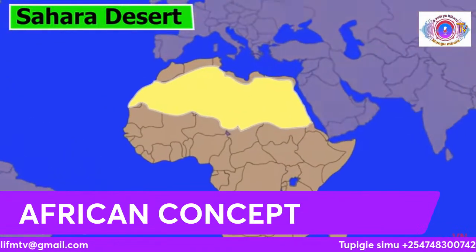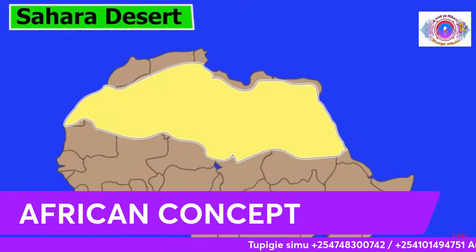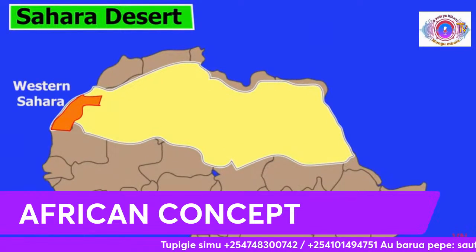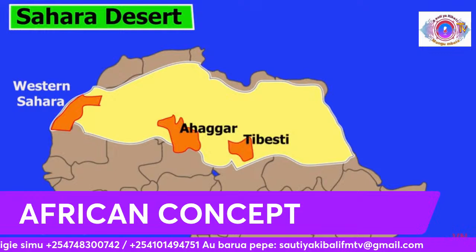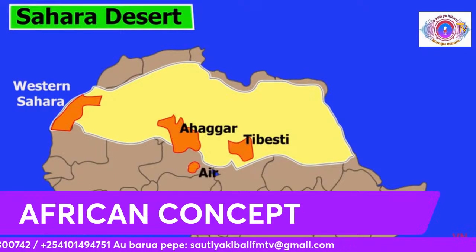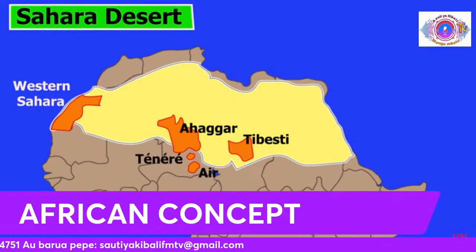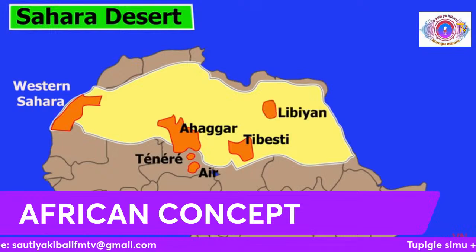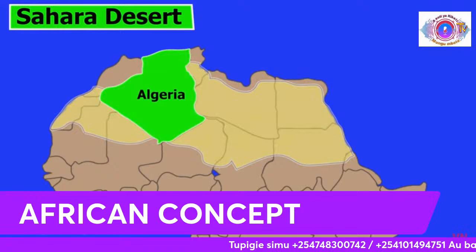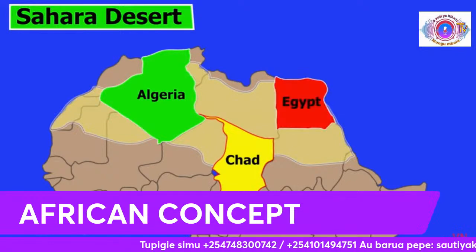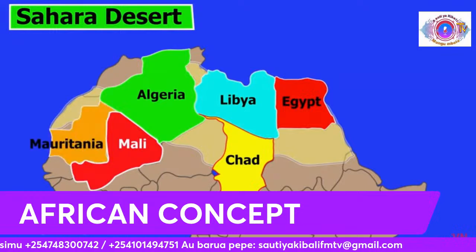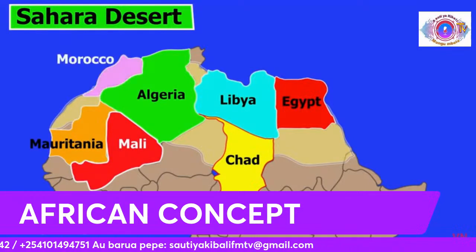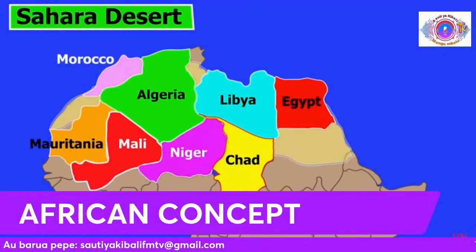The Sahara Desert can be divided into several regions, including the Western Sahara, the Central Aghar Mountains, the Tibesti Mountains, the Air Mountains, the Tenere Desert, and the Libyan Desert, and extends into 11 countries. And these are Algeria, Chad, Egypt, Libya, Mali, Mauritania, Morocco, Niger,